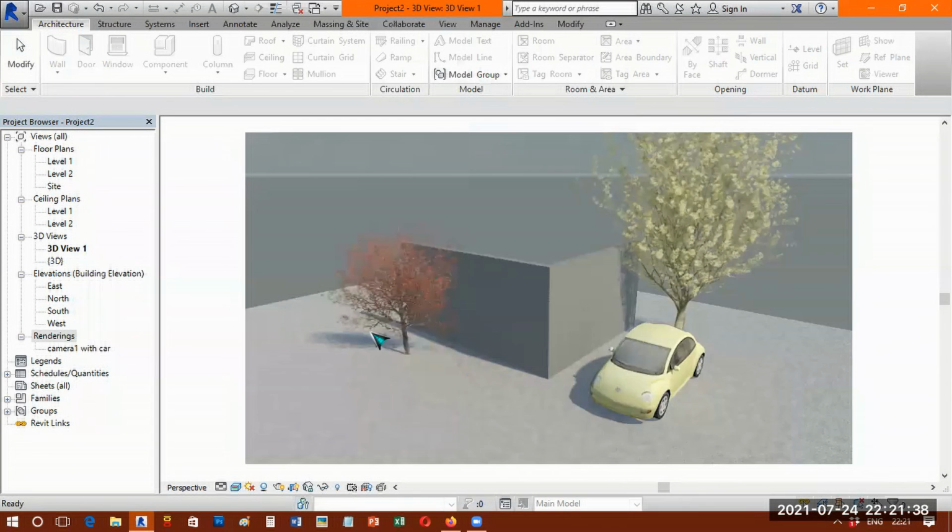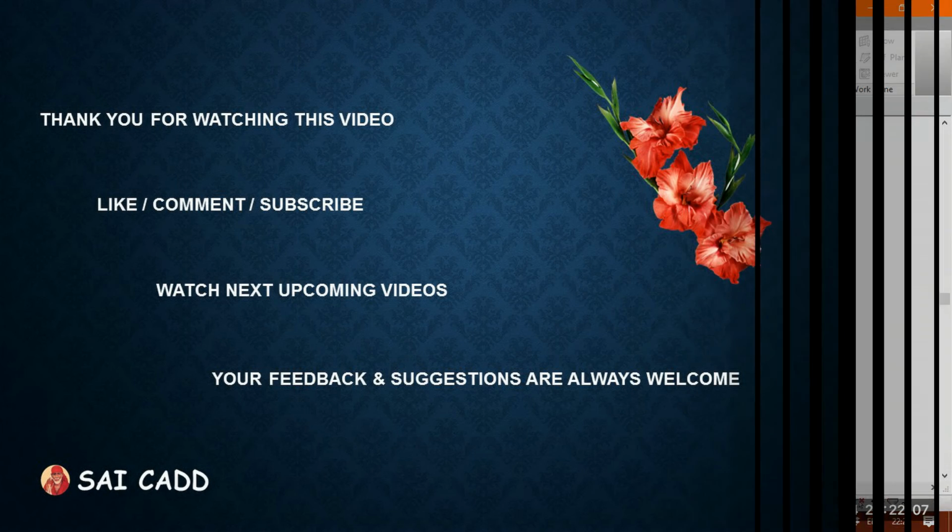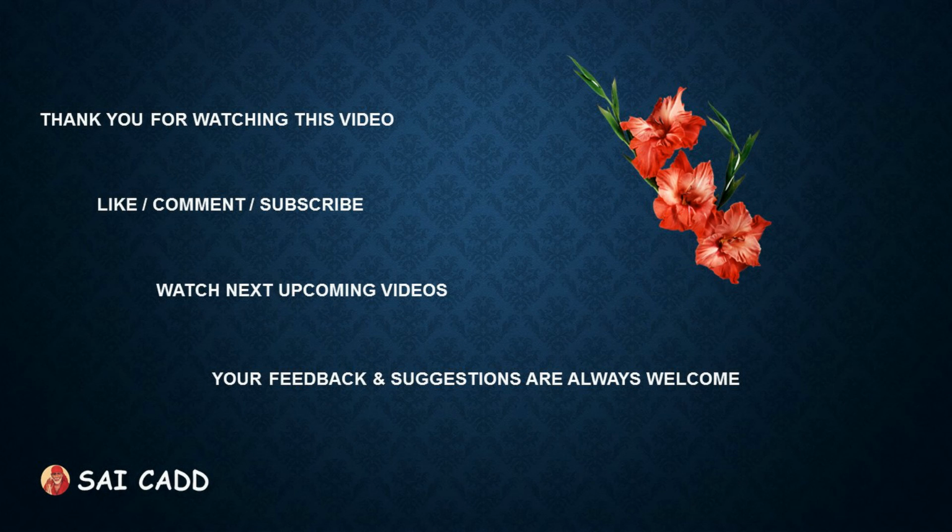That's it. So in this we have covered how to create quick walls, how to add tree plants, how to modify the height of the tree plants, how to choose different varieties of tree plants, how to add a car, how to add a camera with still view, how to add a floor, how to add a shadow, and how to render this and convert it into an image. So today's topic got completed here. I hope you enjoyed this session.